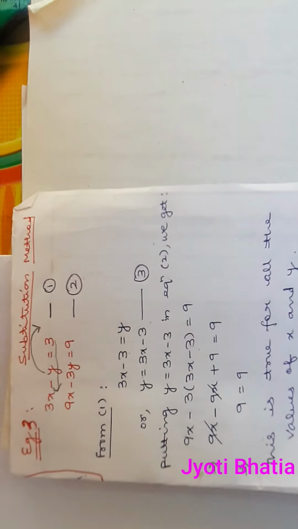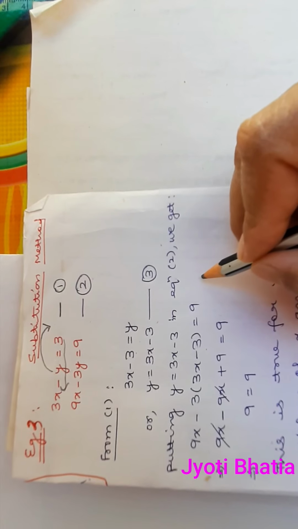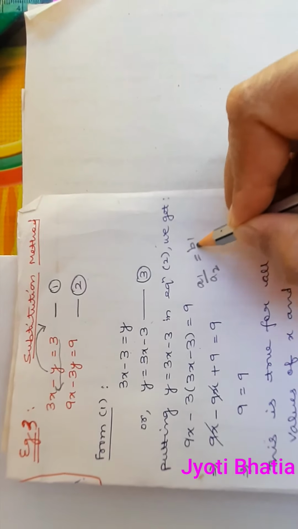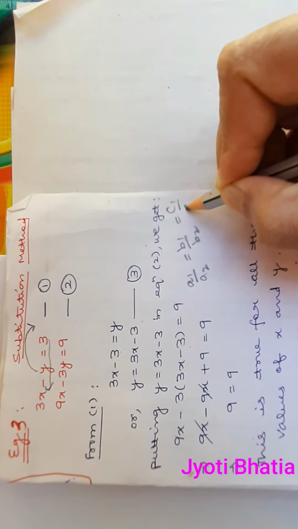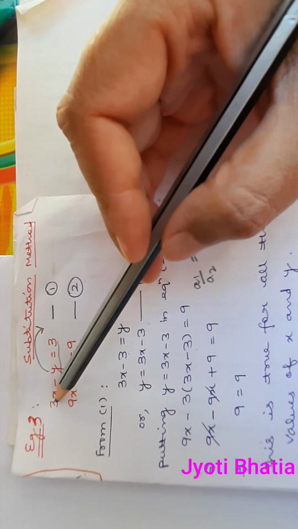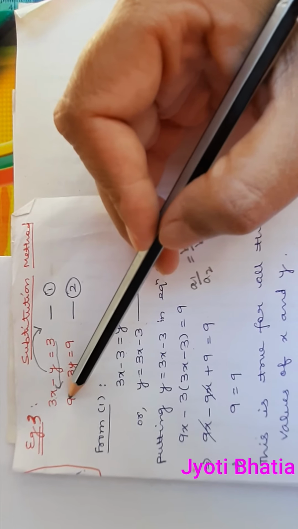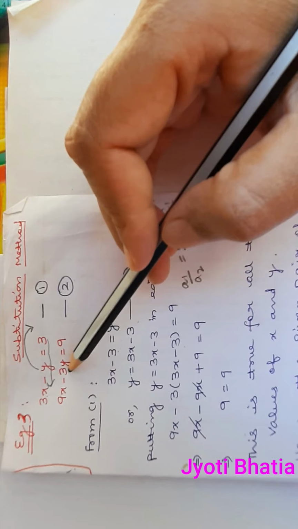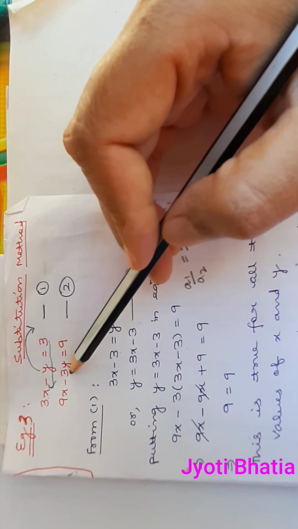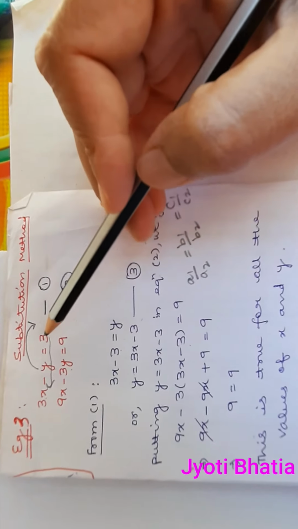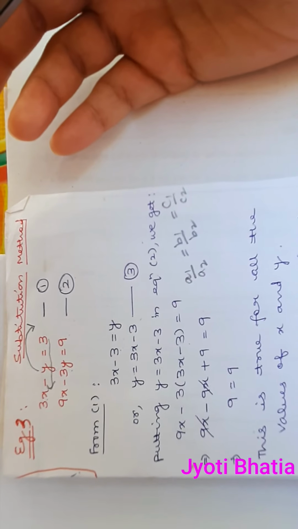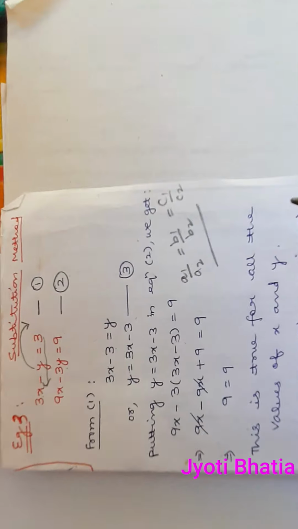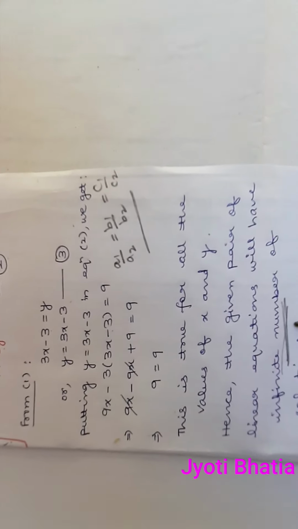I can check it from here also. If you remember, the condition for infinite solution is a1 by a2 equal b1 by b2 equal c1 by c2. You can see that orally as well. 3 upon 9, 1 upon 3. Minus 1 is the coefficient here and minus 3 is the coefficient here. Minus 1 upon minus 3 is again 1 by 3. And 3 by 9 is 1 by 3 as well. So just by looking at the ratios also, we know that it has got infinite number of solutions, right?